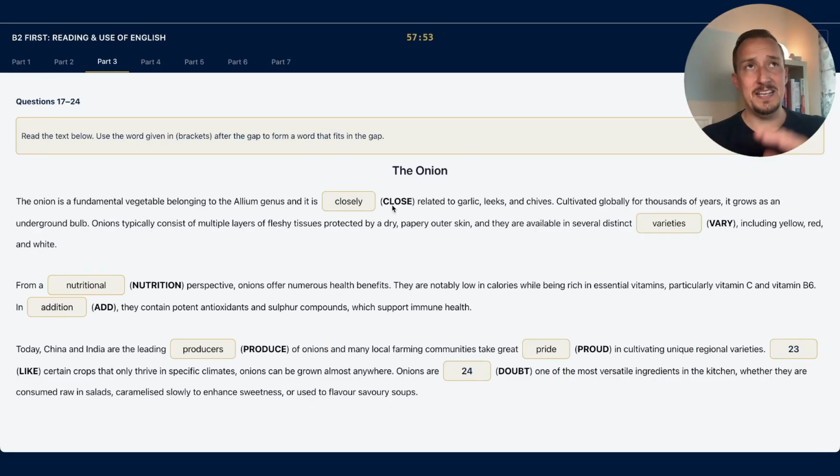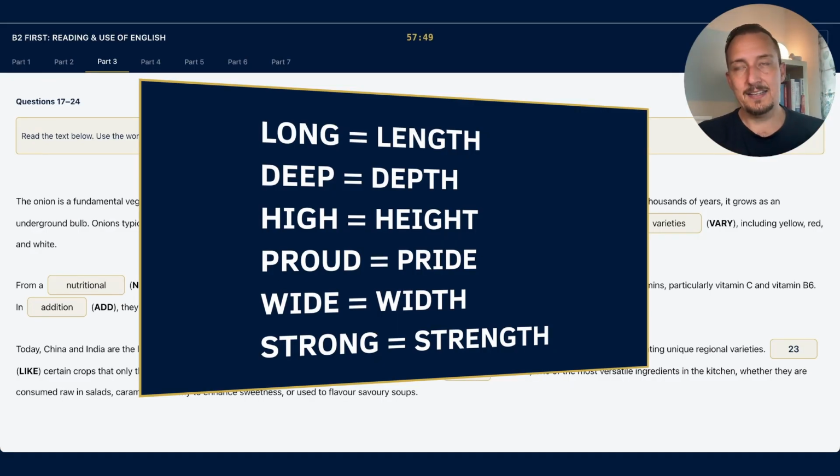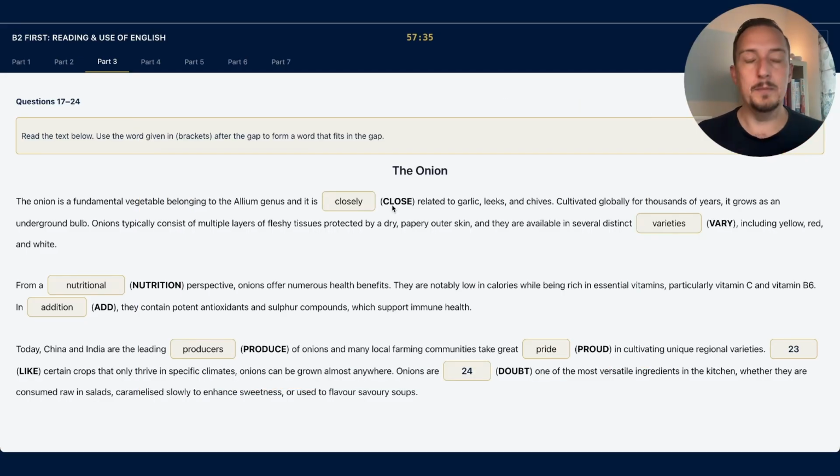So there's quite a few of these to think about. I'll bring them up on the screen now. So long to length, deep to depth, high to height. These are all examples, proud to pride, and a few others, of internal changes. So just remember those as you go through. One of them might be a more internal change. Okay,